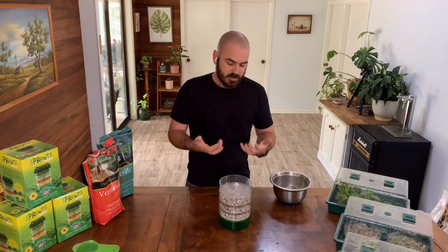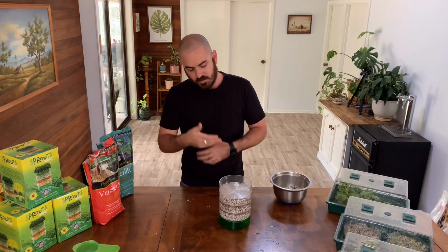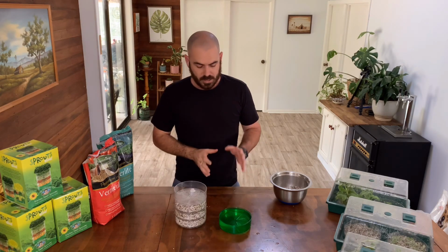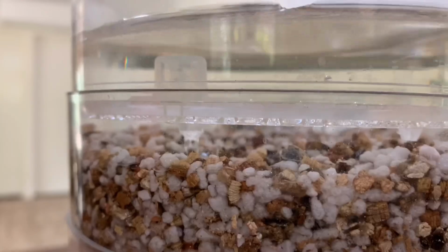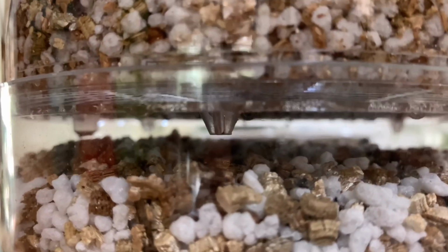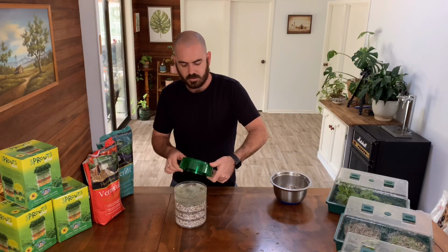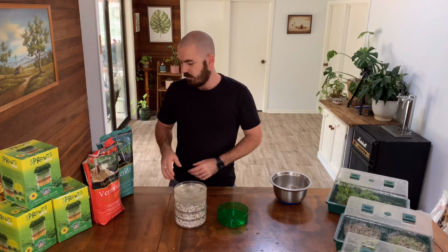And keeps that humidity in there until you see the seeds sprout. The fact that it's clear as well is fantastic because it lets light in, which some seeds need to germinate. So we'll go ahead and run the first lot of water through the seed starter, and it will generally take more water than the bottom container holds the first time around because you are filling up all of the water holding capacity within the vermiculite